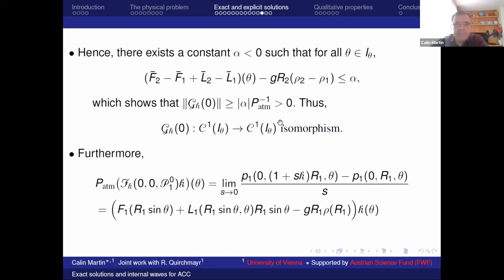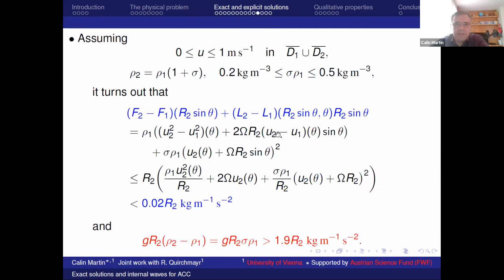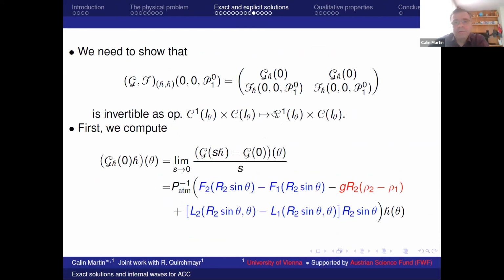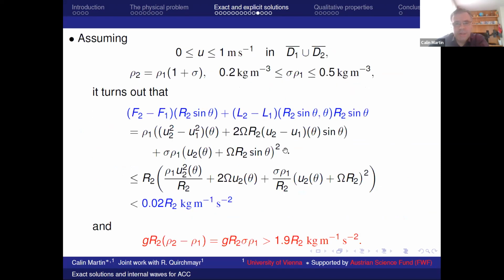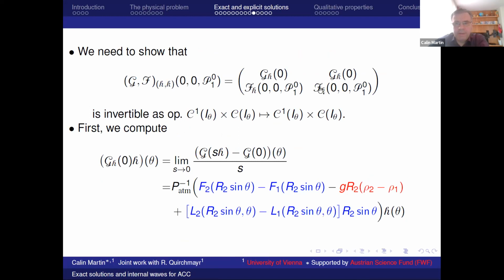Then the operator norm is greater than some positive constant, because the derivative is really nearly the identity operator times this constant. So then it's clear that this is an isomorphism between these two Banach spaces. And now, remember that we have to compute all these derivatives. So we have established that this is an isomorphism, and further we compute this derivative here, the derivative of